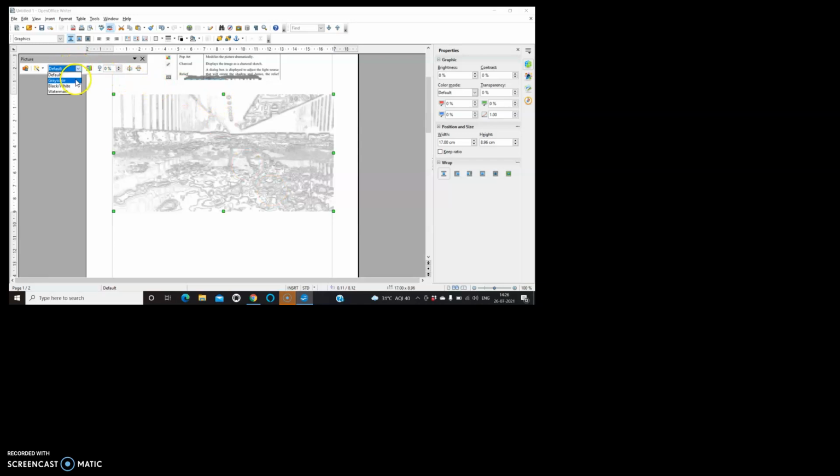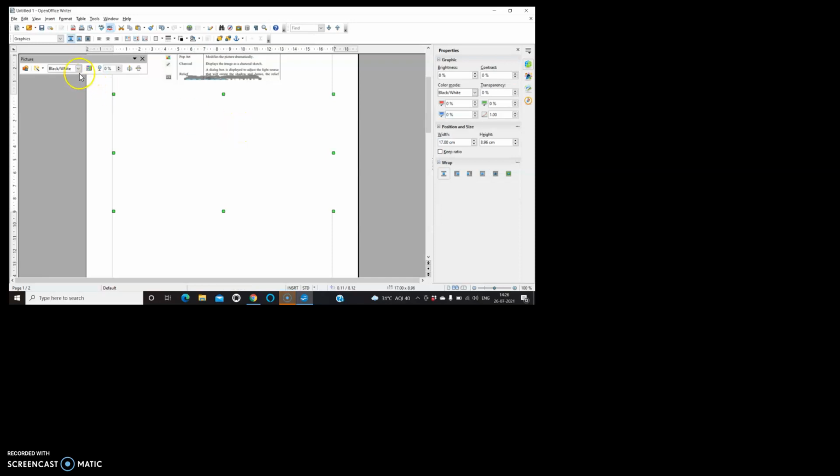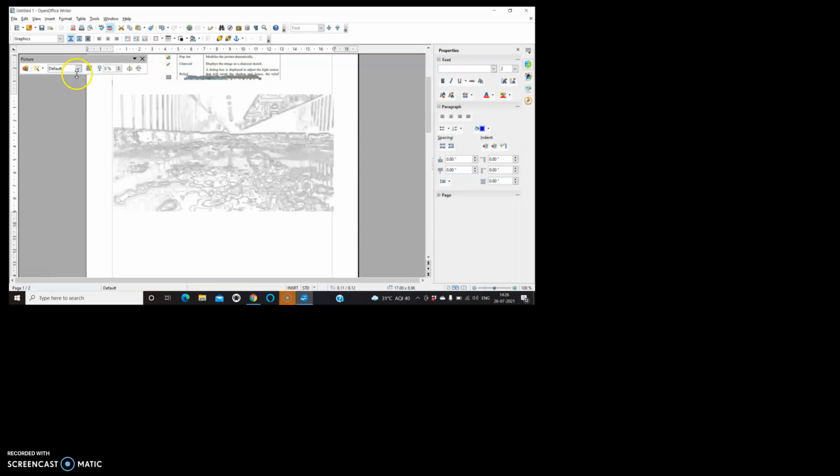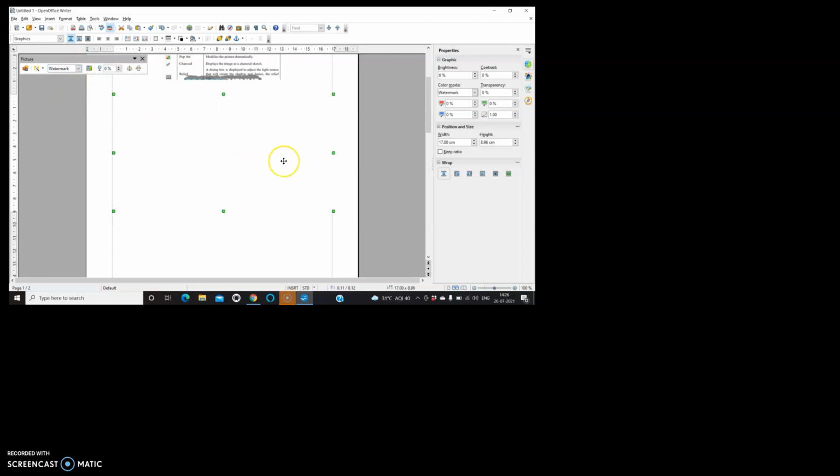Then moving ahead, here you have gray. If you want a grayscale image, you can take a grayscale image. If you want a black and white image, black and white over the cover. If you want a watermark, you can use it as a watermark. It will be very faded. And if I increase its transparency,